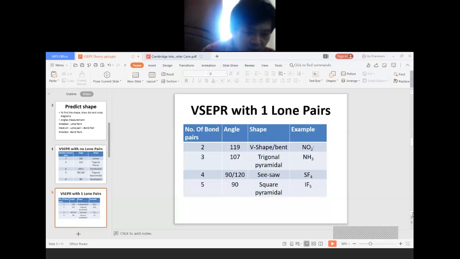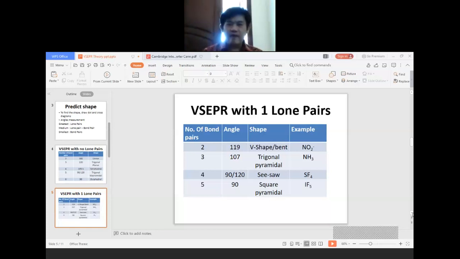Why is it SF4? Because there are six electrons in the outermost shell of sulfur. Four electrons of the sulfur are occupied by fluorine atoms. So there are two remaining electrons. The two remaining electrons become a pair. This pair is called a lone pair. And then next,